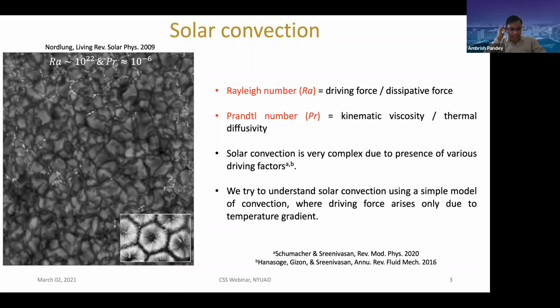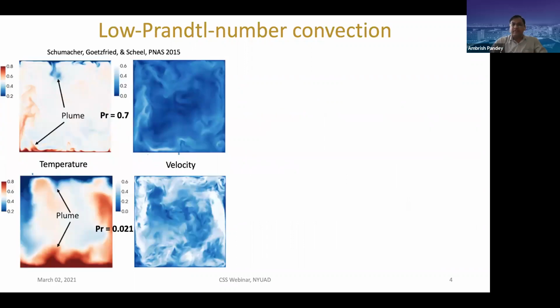So somehow we come up with a model where we neglect these complexities, and we just consider it a flow driven by thermal convection. This is an idealized setup, which helps us to understand the flows in the solar convection zone or stellar interiors in a simpler way. I want to emphasize the importance of low-Prandtl-number convection, as the stellar and solar interiors almost always occur